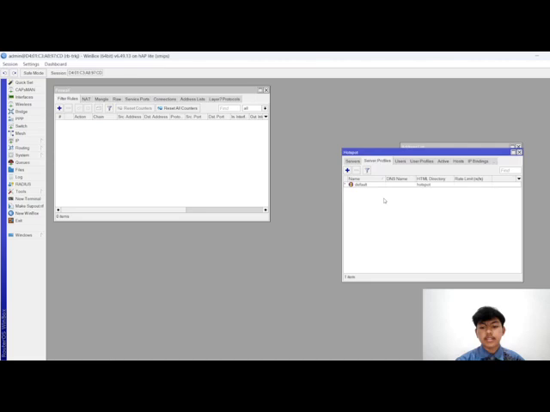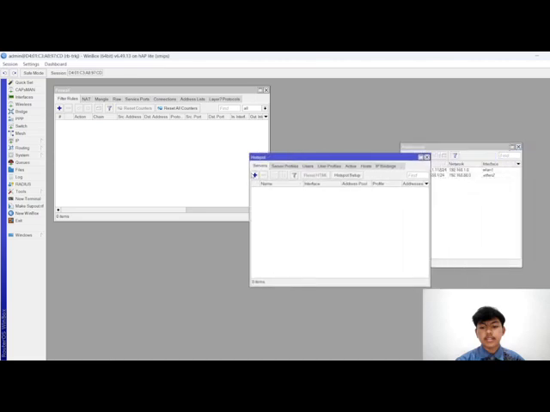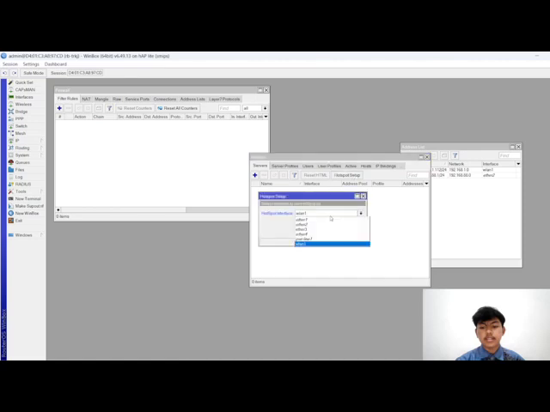Click hotspot, then click hotspot setup. Change the hotspot interface to Ether 2. Next, next, next. Then the name is mainnet.